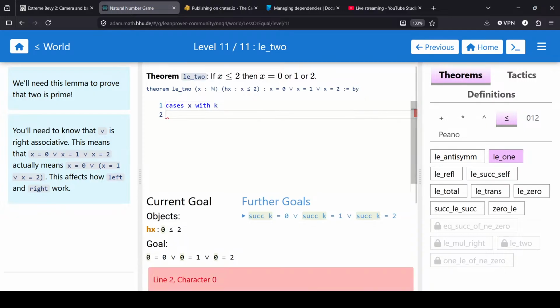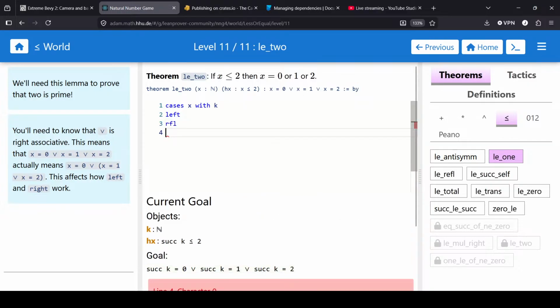Okay, and now, oh, if I want to left here, I'm gonna get this guy. Okay, I see. And then I can ruffle my feathers, and then